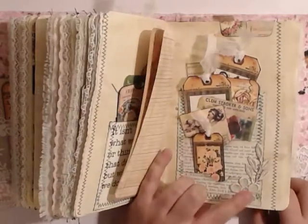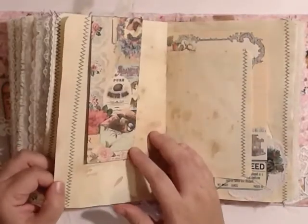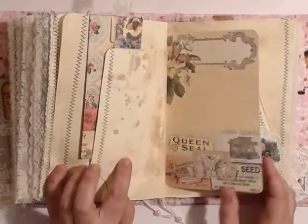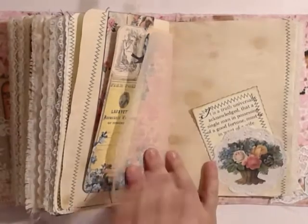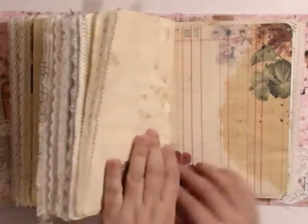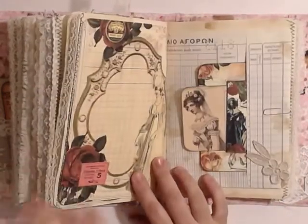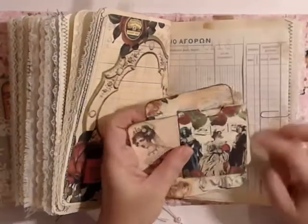Plenty of stitching. This is my flower applique. Another bookmark envelope from a page from Charming Fragments. This is also from Charming Fragments. A tag spot over here with something I found online. Various types of stitching. This is also a tag spot if you want. It's an ephemera. An applique flower, and in this pocket you will find